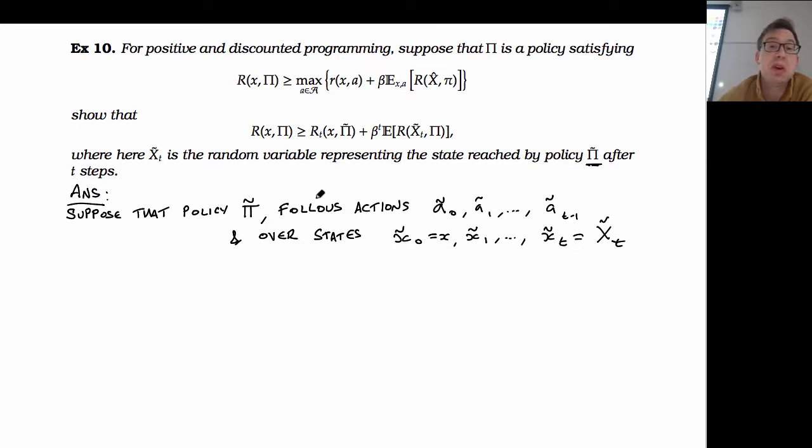Okay, so let's just suppose those are the first things that you do. All right, so just some notation. Then we're going to do the same sorts of substitution argument that we had before. Okay, so notice, if I look at the reward from my policy pi and I compare it with the first reward I get from my policy x tilde,